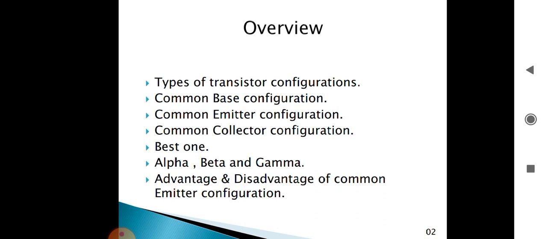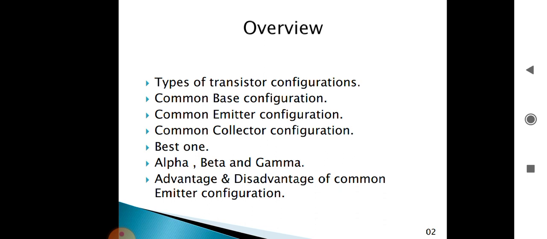It has three terminals, that is base, emitter and collector, and it has two junctions inside it because it is a three layer device, NPN and PNP transistor. The construction we have seen in the previous lecture. So this three terminal, two junction device is also called a bipolar junction transistor. In that, the collector is used to collect the electrons, the emitter emits the electrons, and the base is an intermediate terminal which helps biasing of both the junctions.